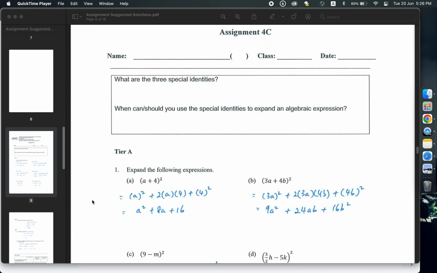Hello students, so here are the corrections for assignment 4C. Here we continue with our expansion,